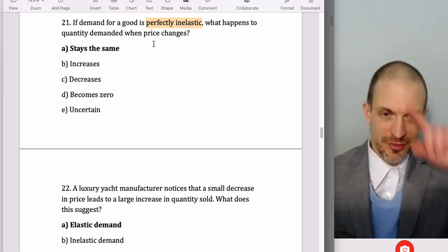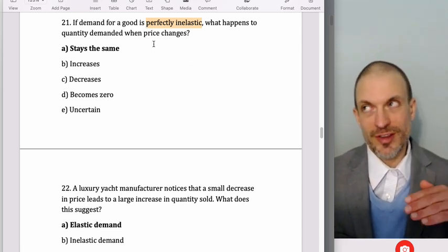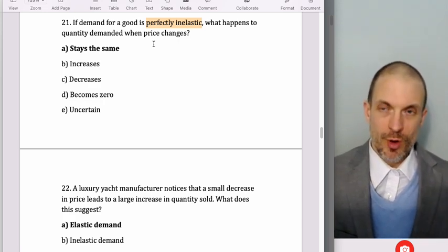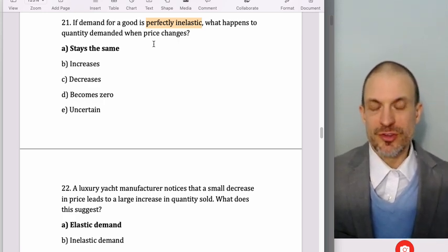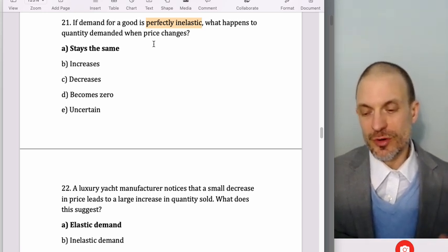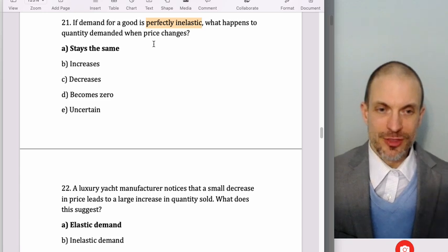So think about elasticity along a demand curve, right? At the very top, it's infinity. Between the top and the midpoint, it's greater than 1 in absolute value. At the midpoint, it's unit elastic. Below the midpoint, but above the horizontal intercept, it's between 0 and 1. And then at the horizontal intercept,